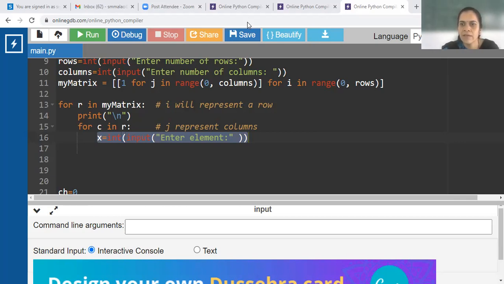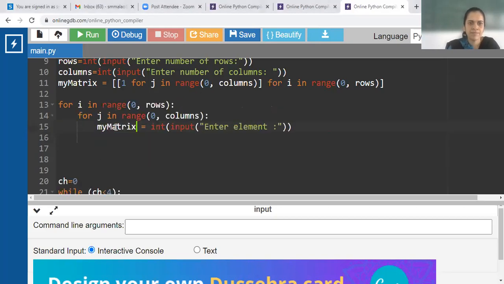Yes, others. Yes, good. Omkar, Jay, Yash, Harshika is also correct. Yes, append adds at the end of the list. Insert adds at a particular position in the list.